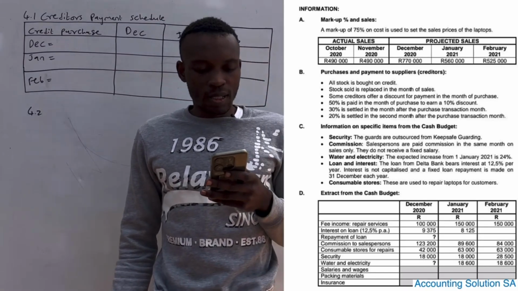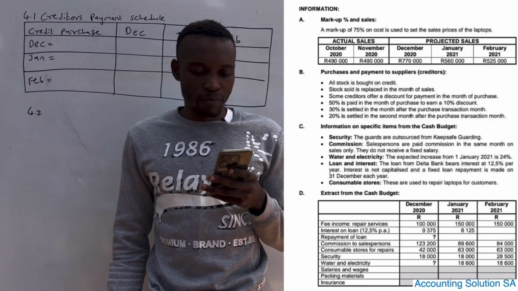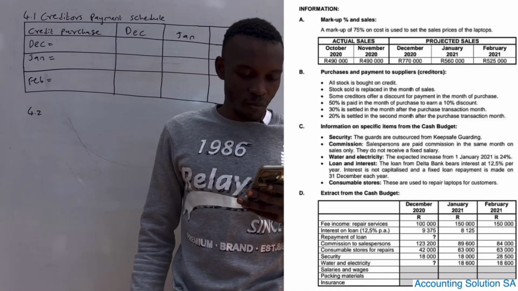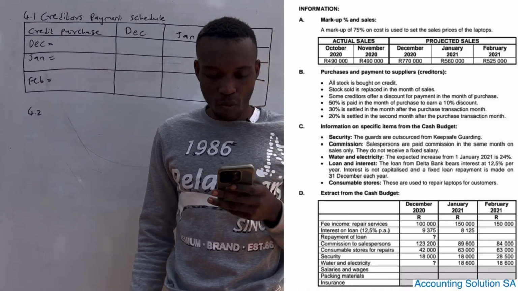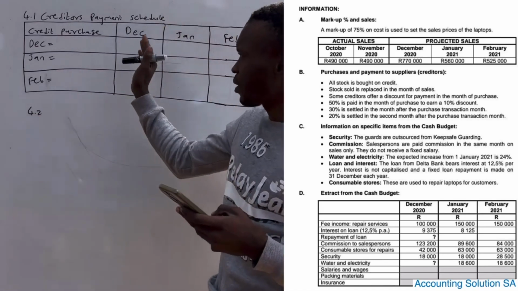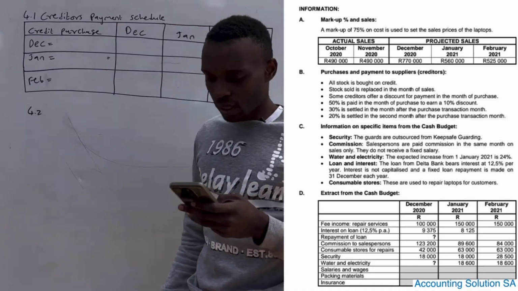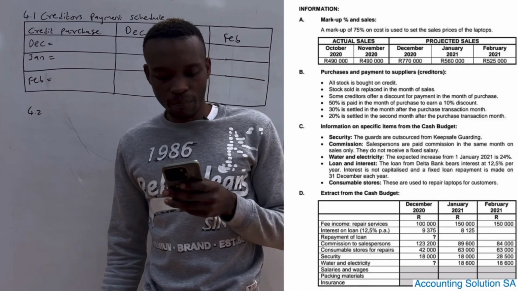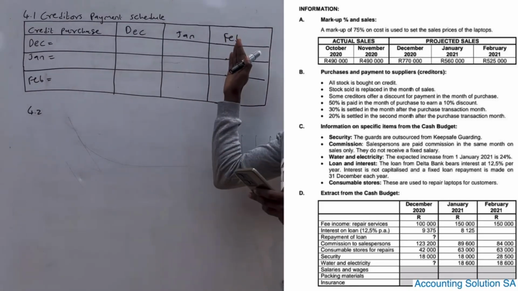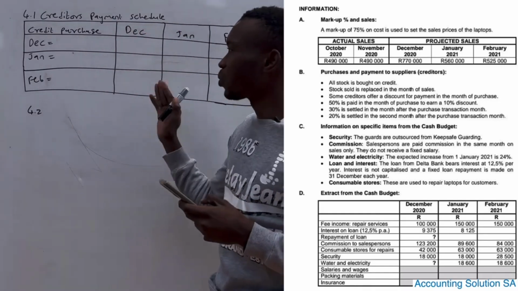Markup percentage and sales. A markup of 75% on cost is used to set the sales price of the laptop. They give us sales from October up to February. We were already provided with an answer sheet that looks like this. Now let's calculate. They said that we need to calculate for only February, this month, but we can calculate the other months as well,